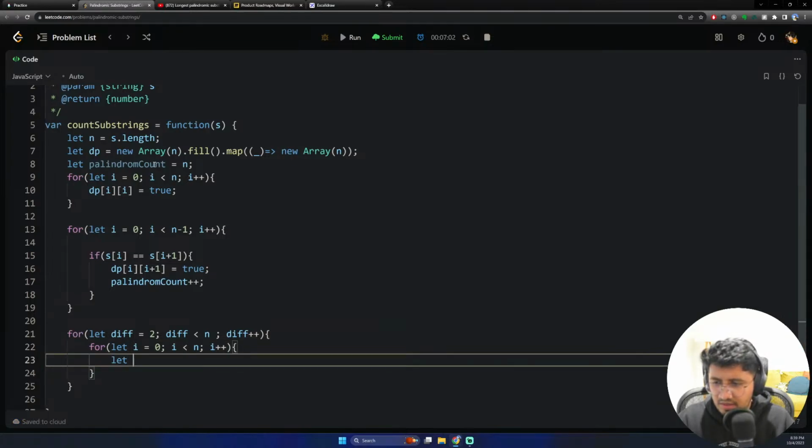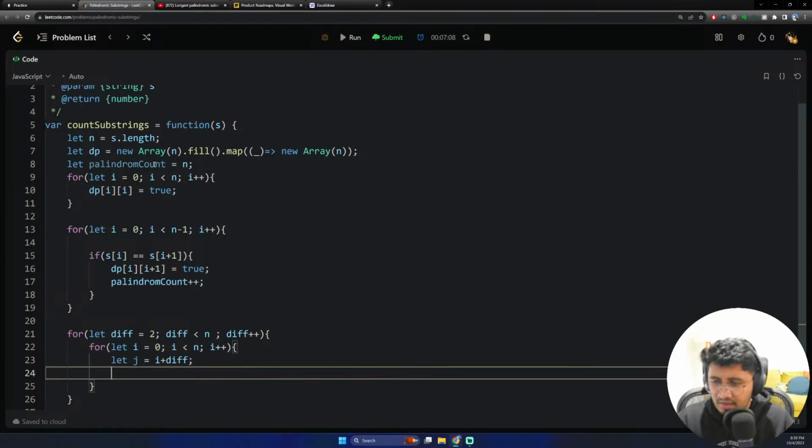Here we'll identify j, which will be i plus the difference. And if s[i] equals s[j] and dp[i+1][j-1], which will give us the middle element, is equal to true,